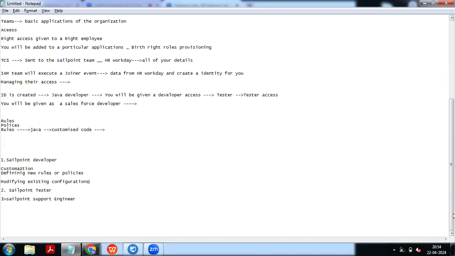Okay, sir. SailPoint Tester, what does he do? A SailPoint Tester will write the test cases, which will test the SailPoint application.